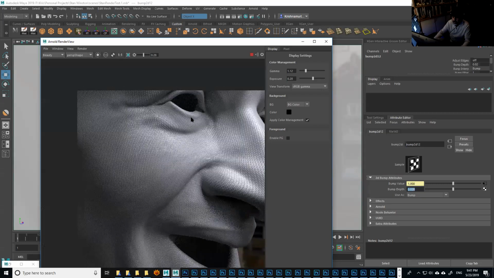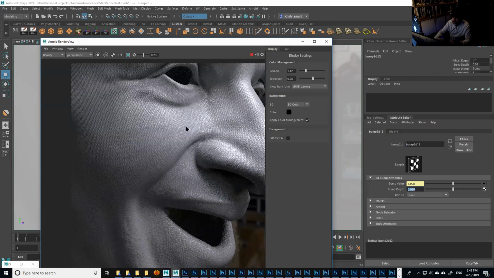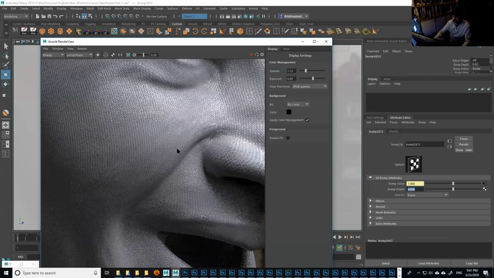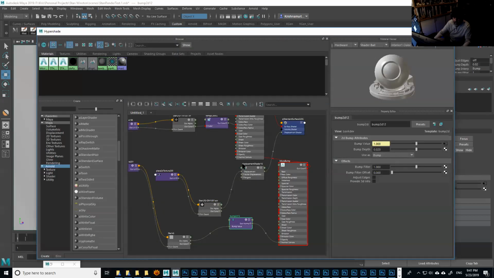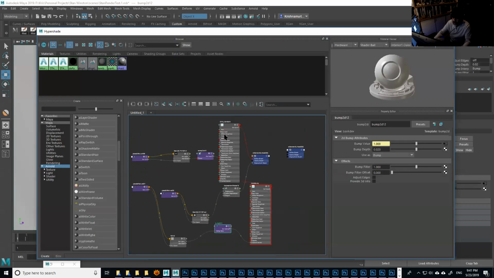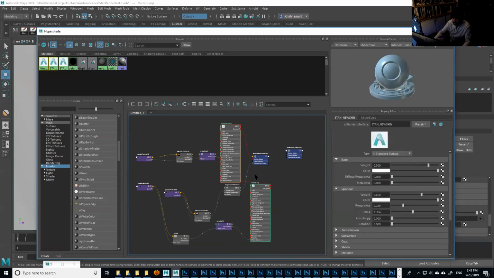So what are we gonna do? Now let's pretend I'm happy with the scale, which could even be a little smaller. So I'm gonna go back to my Hypershade, and now let's get those two, the new shader that I just created for this test, and the skin shader. I selected both nodes with Shift, right? Shift, and then you can go to,